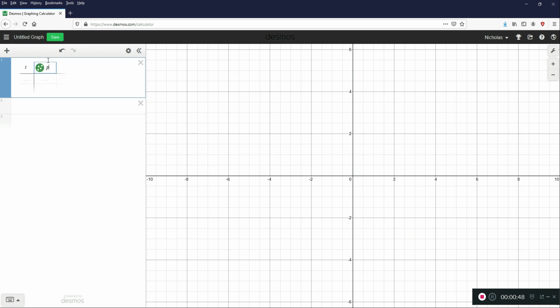Or I could call it P for position. Or I could call it X for position. I'll call it P. Let's input any old values. Maybe I'm going to have my time increment go up by 0.1. And as you can see, it actually begins to fill in on its own if you're going by a set